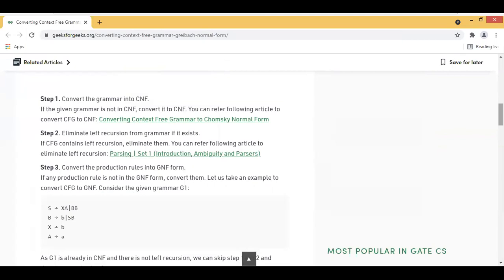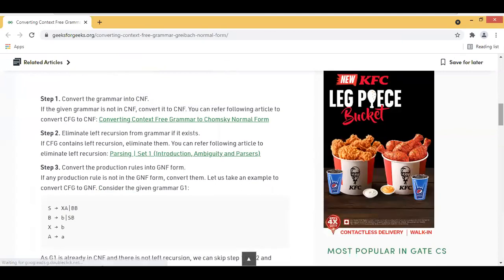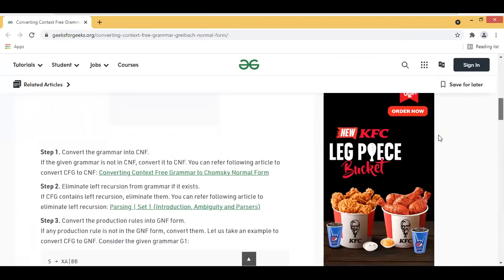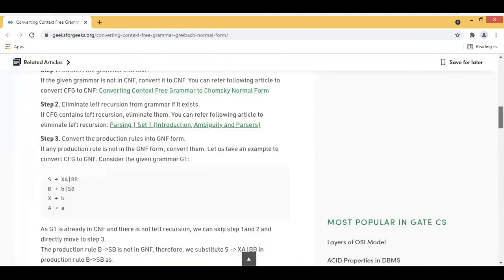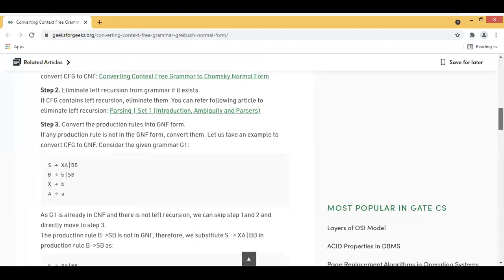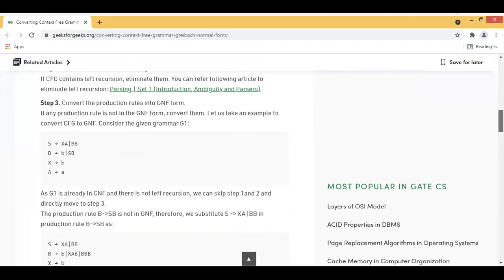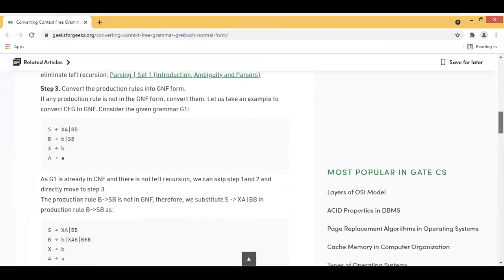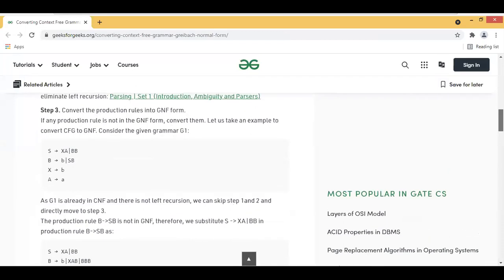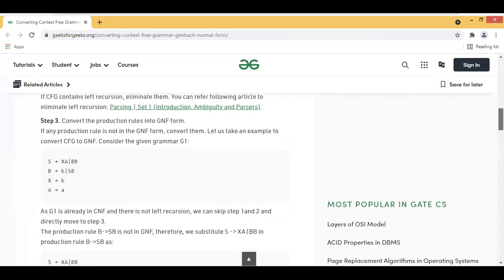So if any production rule is not in the GNF form, then you need to convert it, and finally you need to show it as the modified grammar G1 in the form of GNF. That means we converted the grammar G into G1, right? So you need to show that. And here, I am going to explain with an example. Please make a note of this example also. First of all, please listen carefully. Then after understanding all this, please make a note of this example number 1.